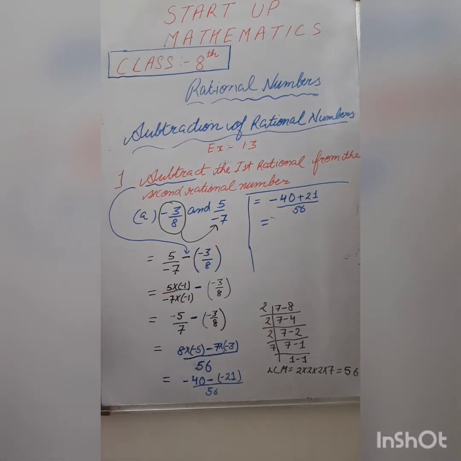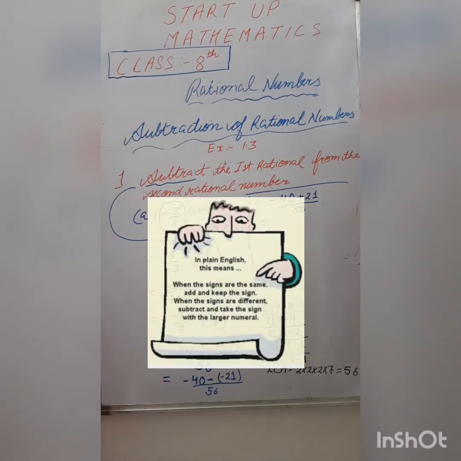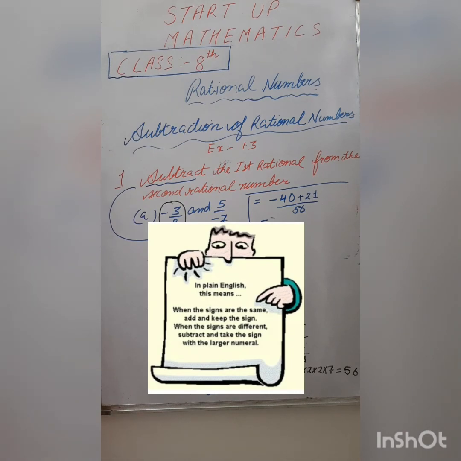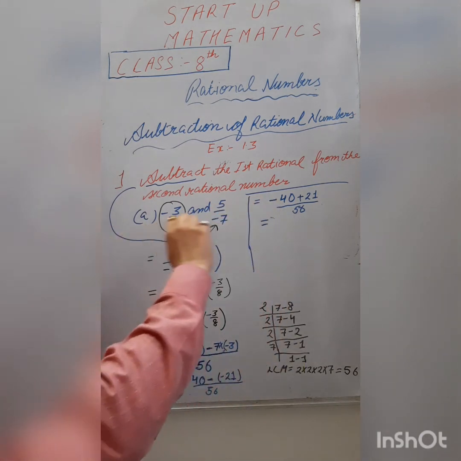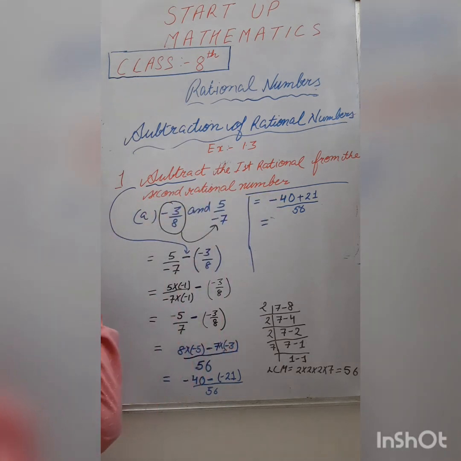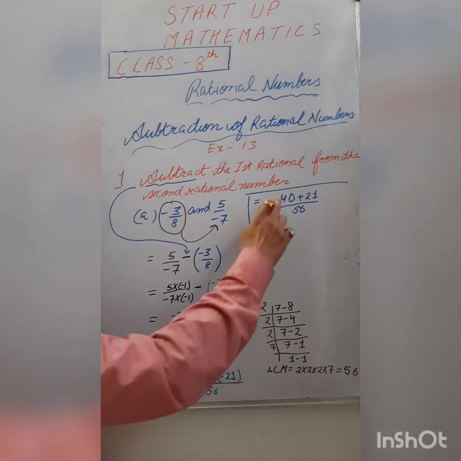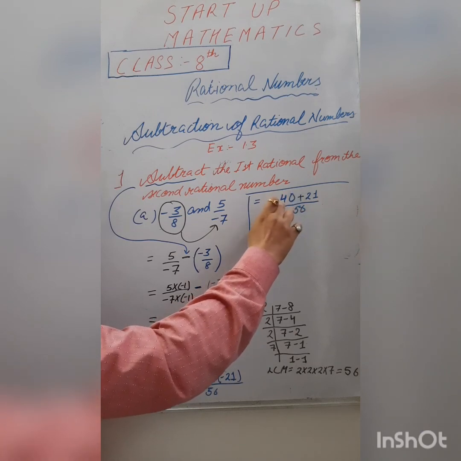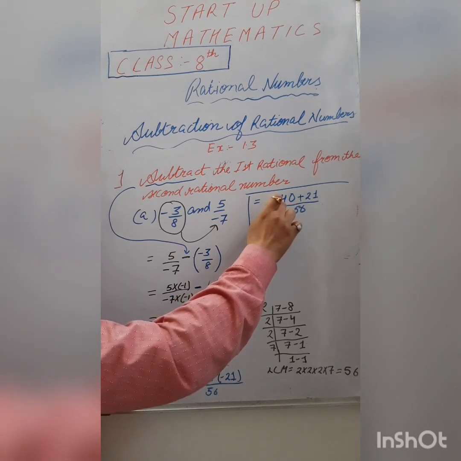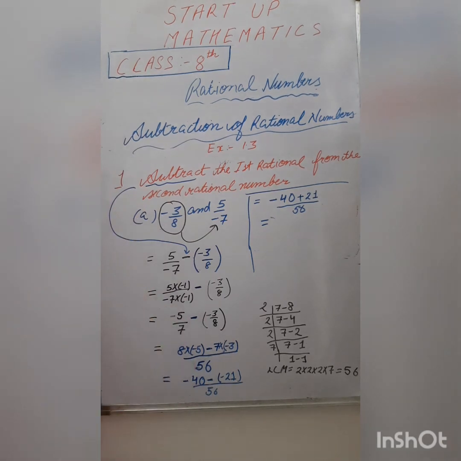Now the binary operation again. This is minus 40 plus 21. This number is smaller and this number is greater, because this number is positive and this number is negative. But when you do the operation with two numbers of opposite sign that are not multiplied together, the result is subtraction. First you have to subtract the numbers. This is 40 minus 21, that is 19.